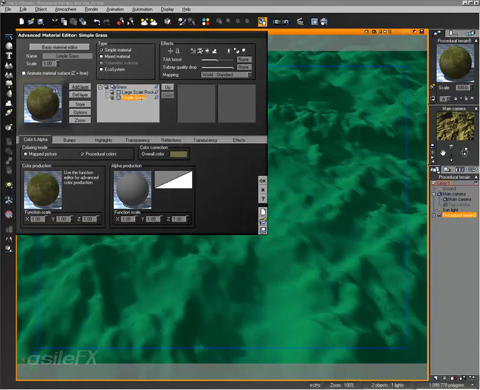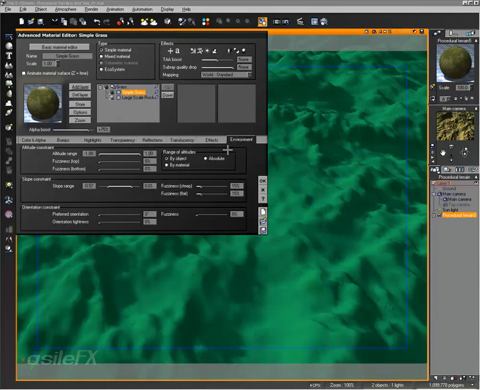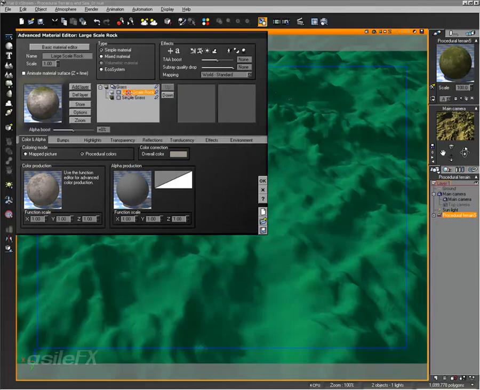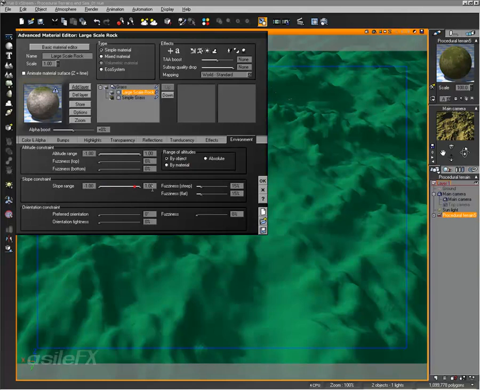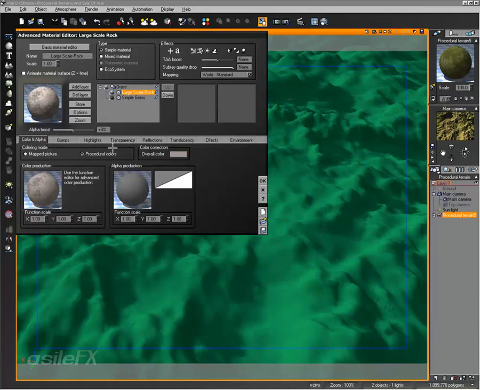If I select the simple grass and move it up above the large scale rock, so it's now on top, we take a look at the environment, we can see that it also has some of these environment settings set to it, and also an alpha boost. So I'm going to move that down, select the large scale rock. With the alpha boost at 0, it's going to give us the pure alpha production, so we'll see that in just a sec. I'm going to take the environment and just reset these, so there's no fuzziness on the slope, and the constraint, the range, is open all the way, so -1 to 1. Okay, so now we have a full coverage of rock